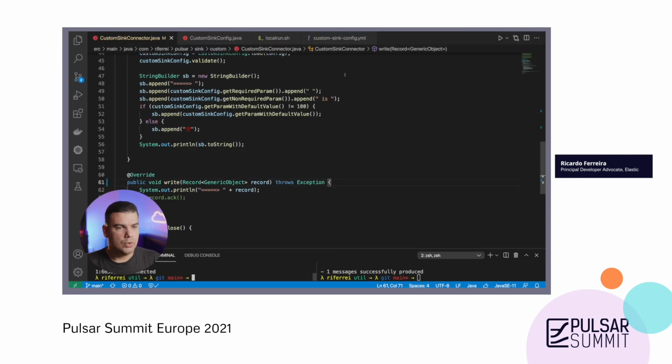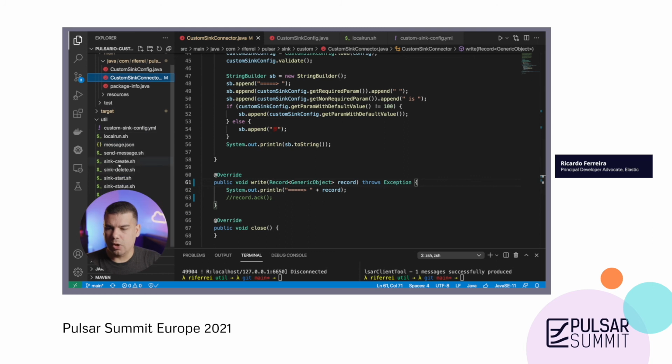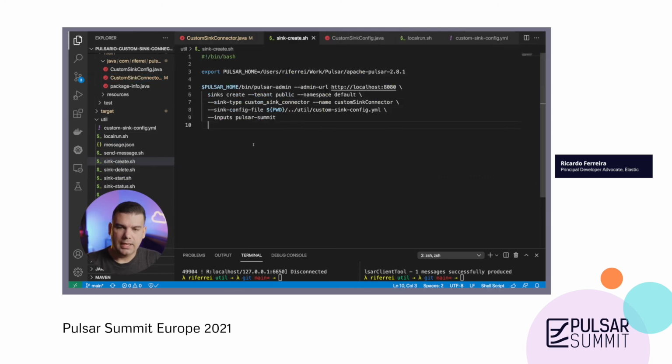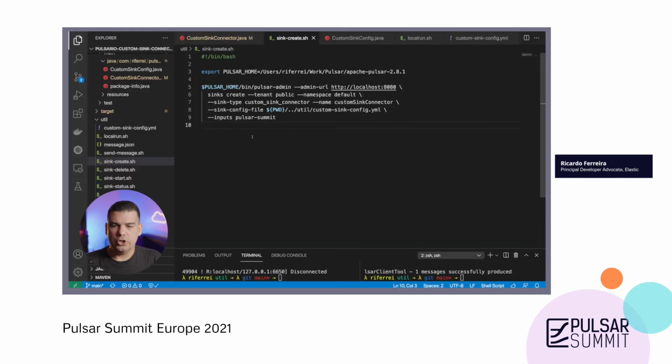Along with the other scripts, I've made available this one called sink create. In this script, it's also using the Pulsar admin CLI, as you can see here, but we're using the option create, and instead of providing the NiFi archive as a parameter, we're providing the name of the connector.